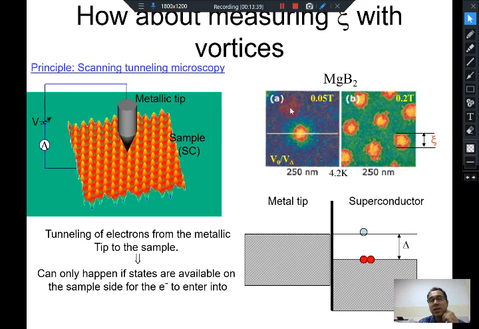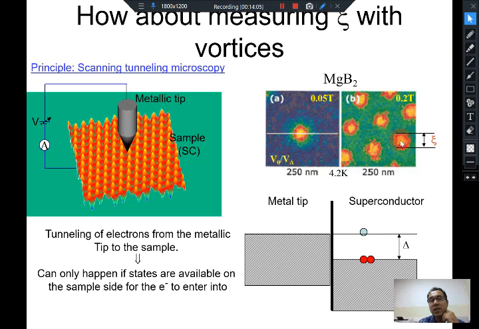So there will be a finite biasing voltage in the superconducting region, but the moment you are over the vortex core, then you don't require that much of a biasing voltage, and your current can actually tunnel into the core of the vortex. And that way you can map out the normal state and the superconducting regions by using this STM tip as you scan it over the surface. And in this way you can see the normal cores.